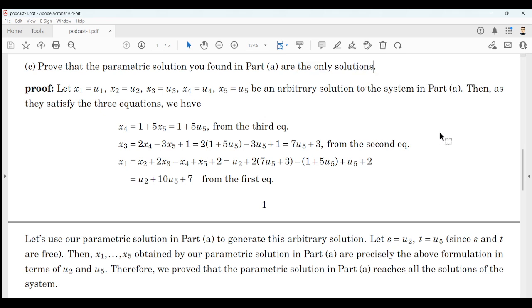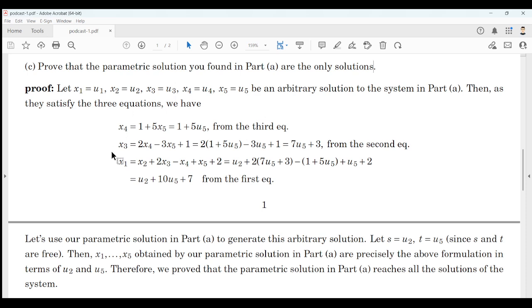The source says, okay, let's imagine there is some solution out there, any solution. Let's call its values u1, u2, u3, u4, u5, just some arbitrary set of numbers that satisfies the original equations. Exactly. If u1 through u5 do satisfy those equations, then they must obey the same relationships we found through back substitution. Meaning, if you plug u1 through u5 into the original equations, the third equation forces u4 to be equal to 1 plus 5 times u5,